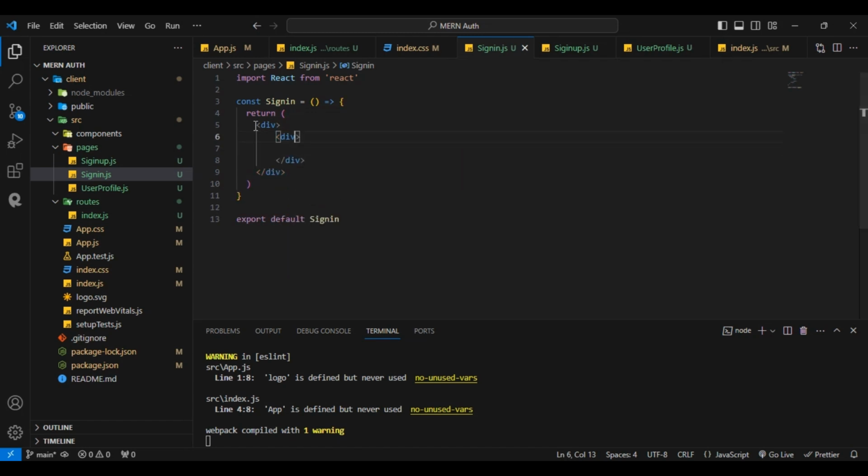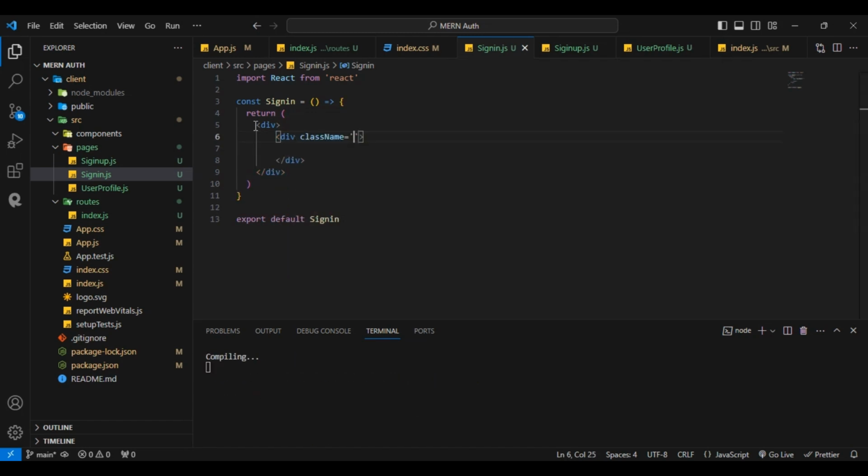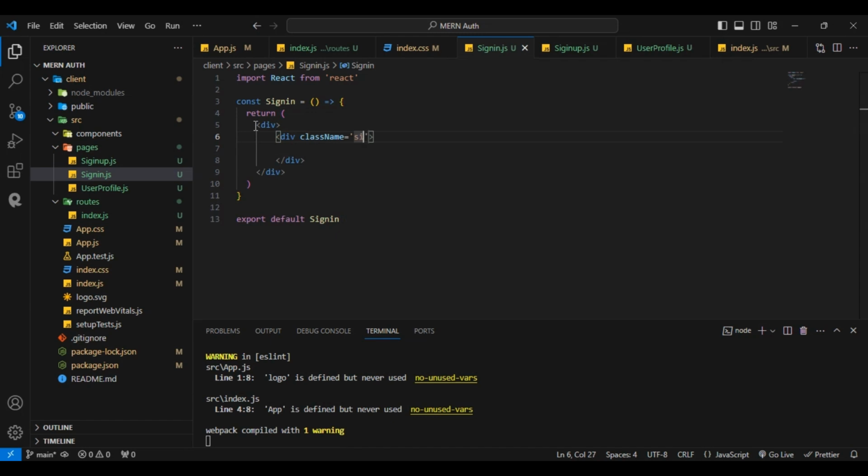Inside this, first of all give the class name, here sign, here give the card sign in, card sign, or give the form, card form, like this types of a form. After that, go on the